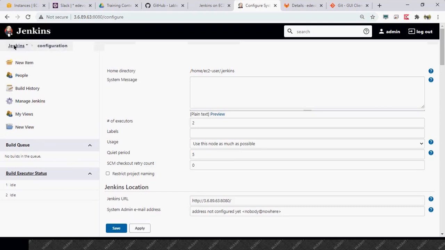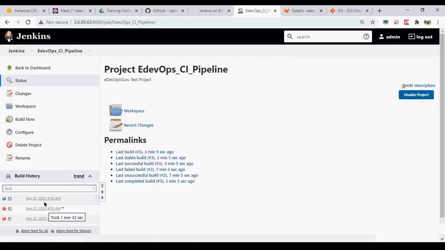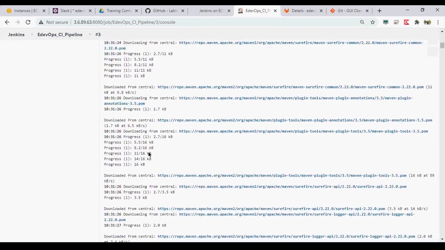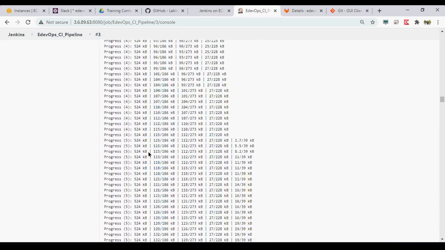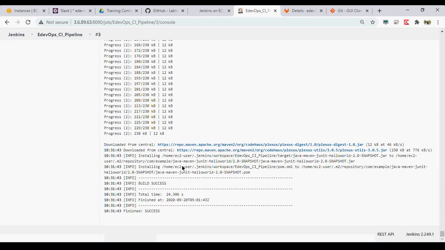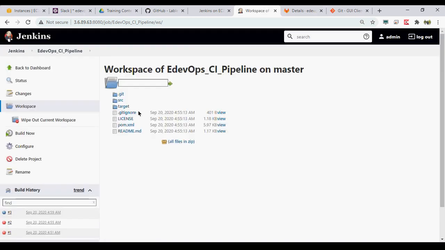Okay, so if we see the console output, JDK has been installed, and Maven was run, and at the end, if we see, here we can see that it is a workspace for a particular build.